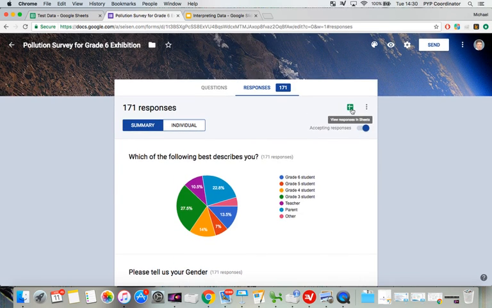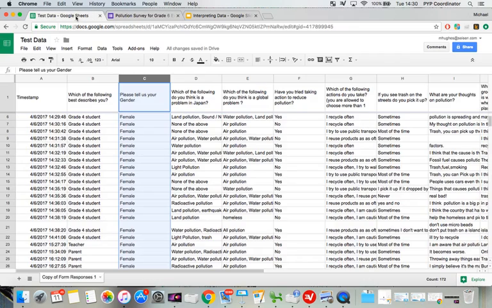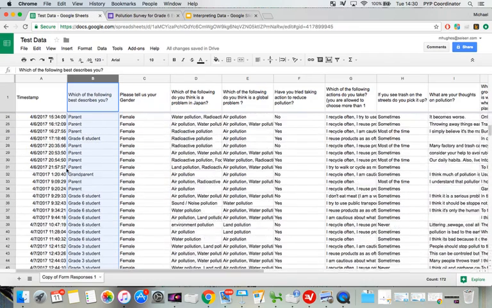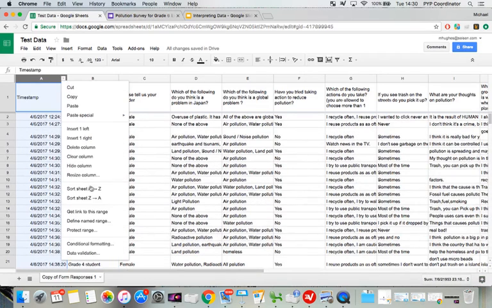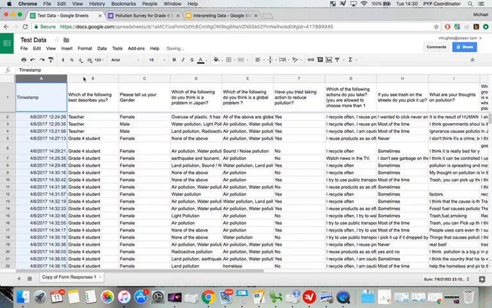Once you've generated your Google Sheets document by clicking on this button, you should have something that looks like this. Okay, we've got all of the respondents here, and we can organize A to Z. We can organize by the time stamp here, by the people who responded first, or we can